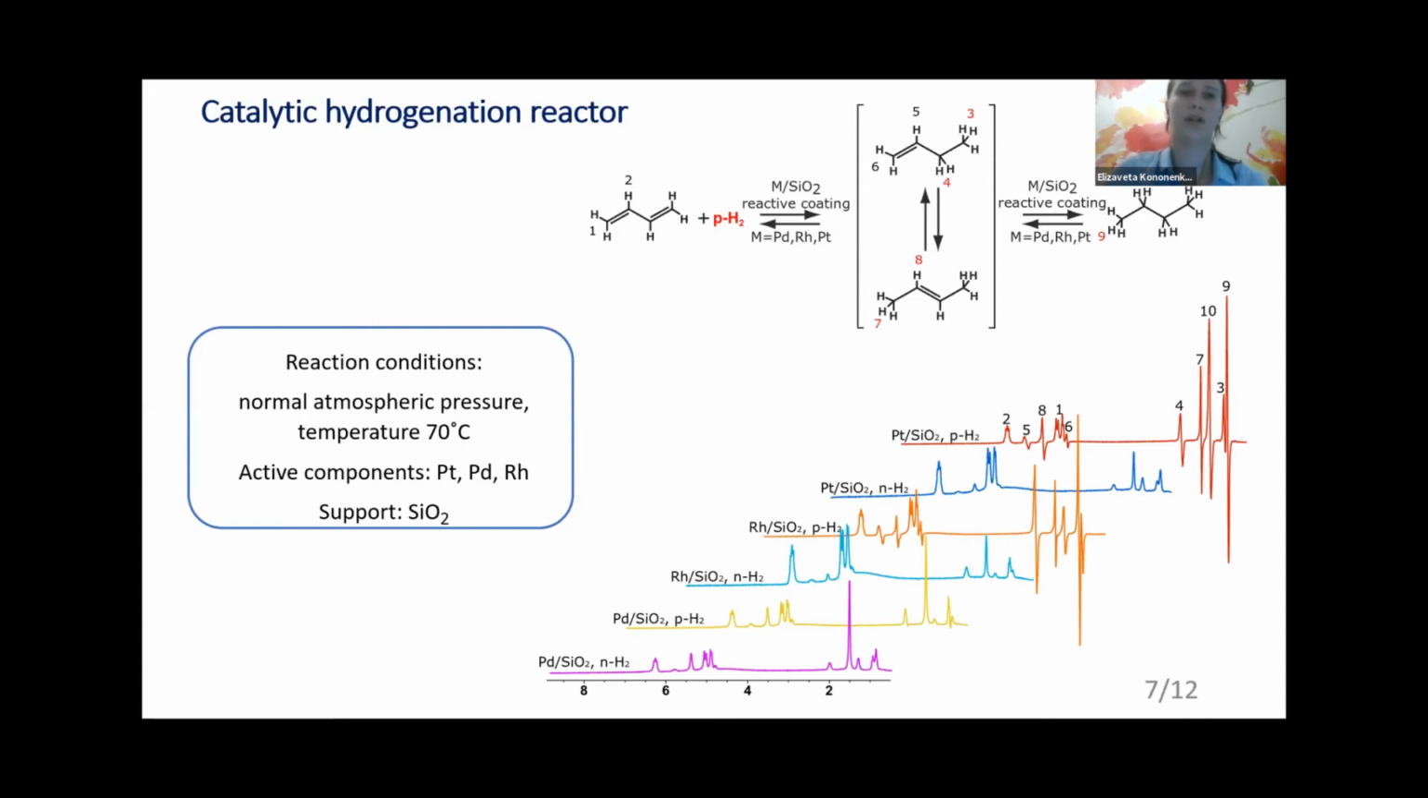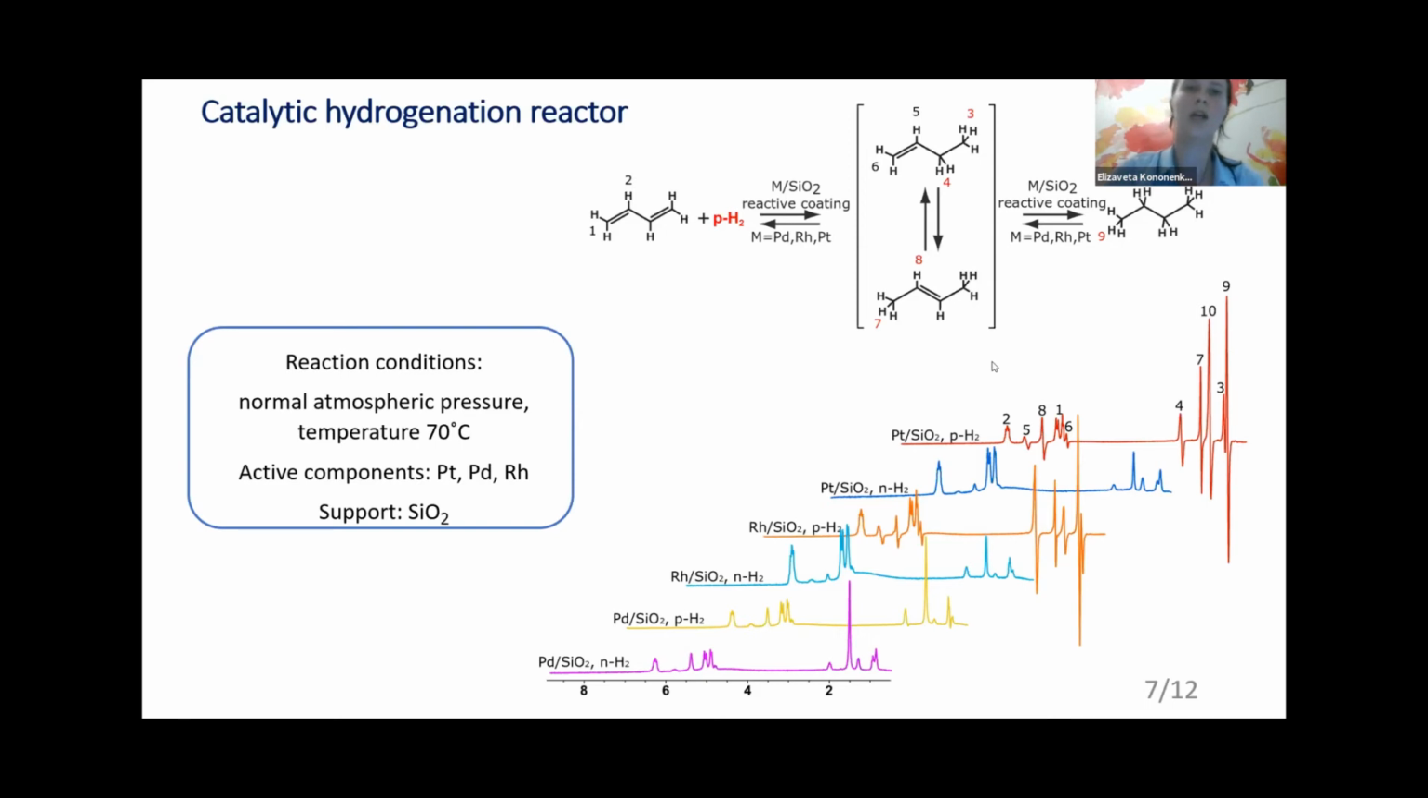1,3-butadiene was used as a precursor for the hydrogenation reaction. And 1- and 2-butenes and the product of complete hydrogenation, butane, can be obtained in the hydrogenation of 1,3-butadiene. The spectra obtained during the hydrogenation of 1,3-butadiene at 70 degrees Celsius using parahydrogen and normal hydrogen are shown